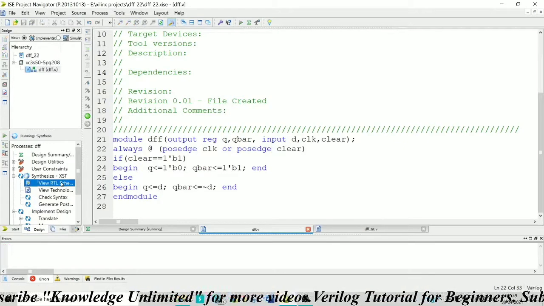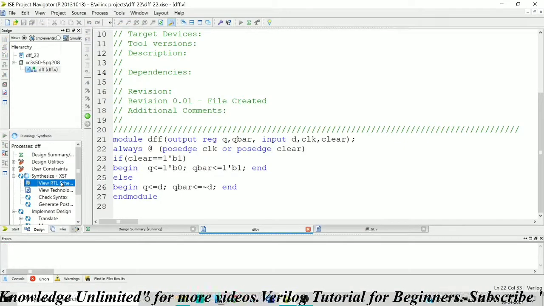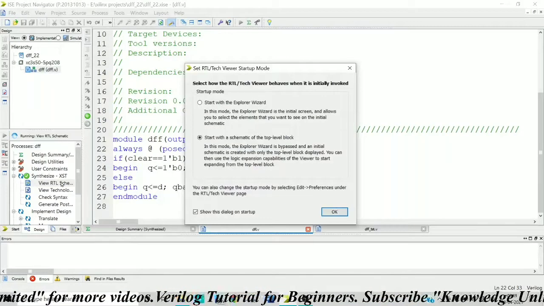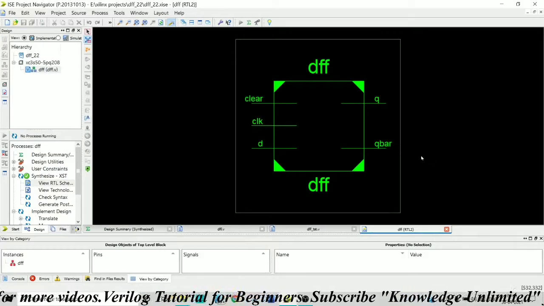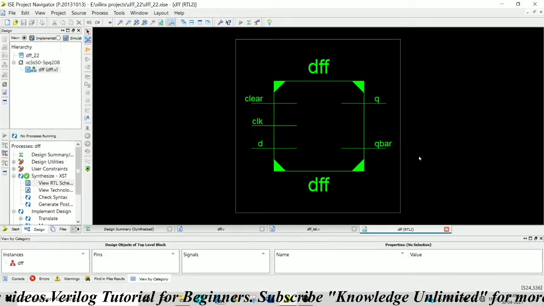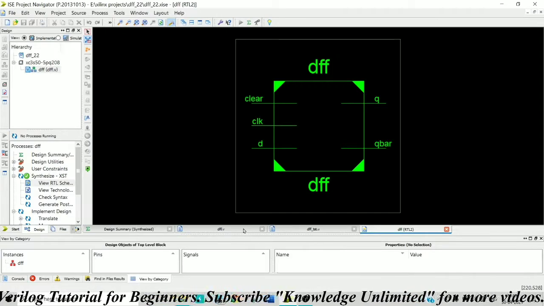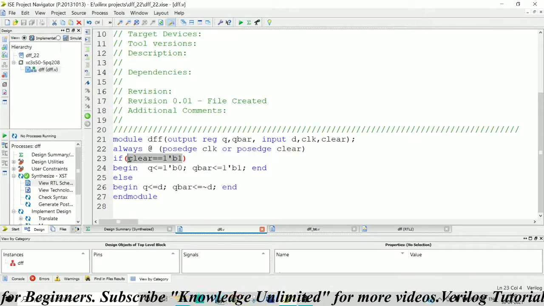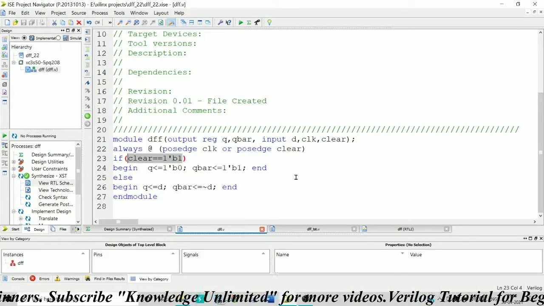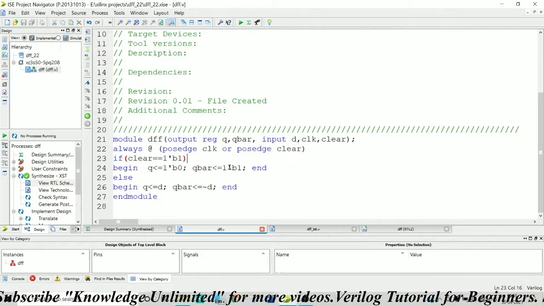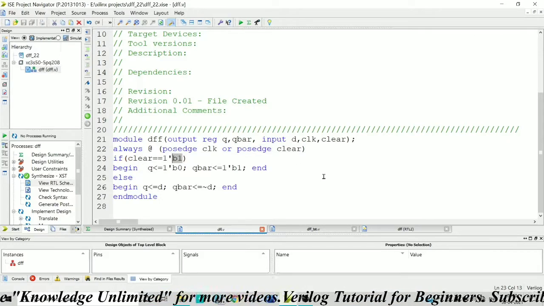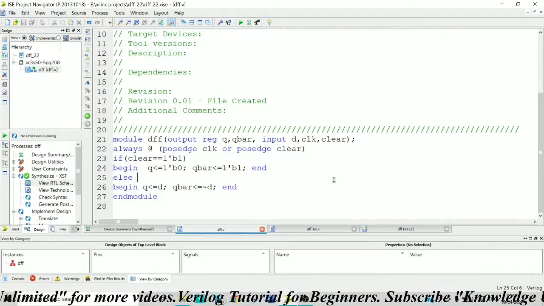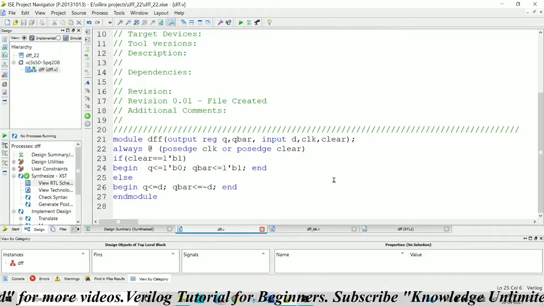So let's check now. Yeah, now it's got synthesized. You can see here. So the timing waveform will change depending on the condition that you write. But the point that I want to make is if you use posedge of clear here, you for sure maintain this clear signal as high to reset your flop. If you are writing negedge of clear here, you put 0 here to reset your flop. So you think on this on your own, why this is happening, and you come up with your own answers and mention them in the comment section.